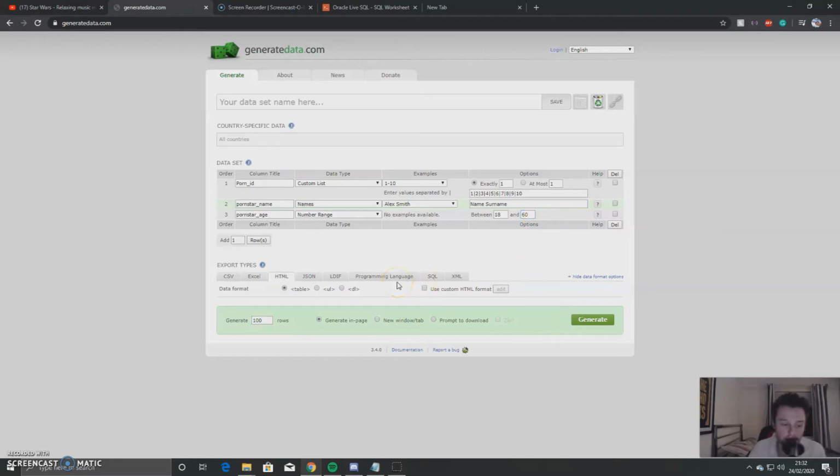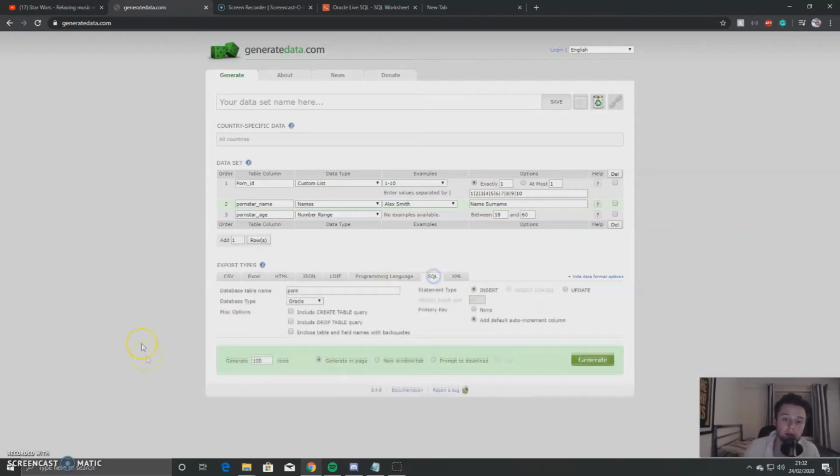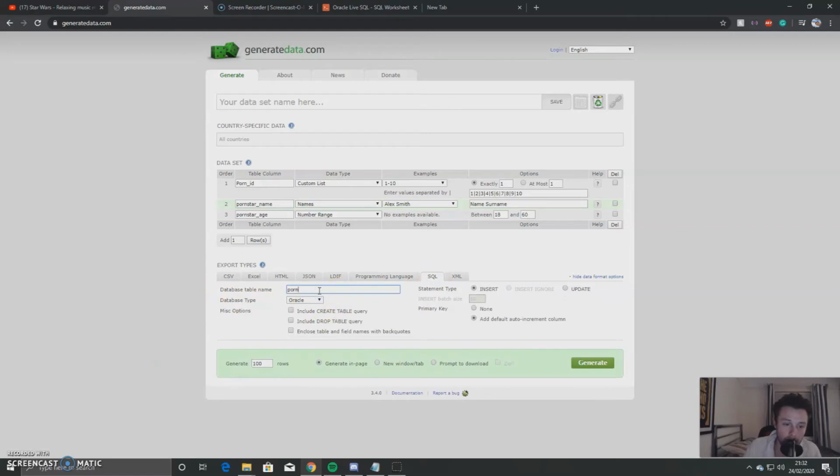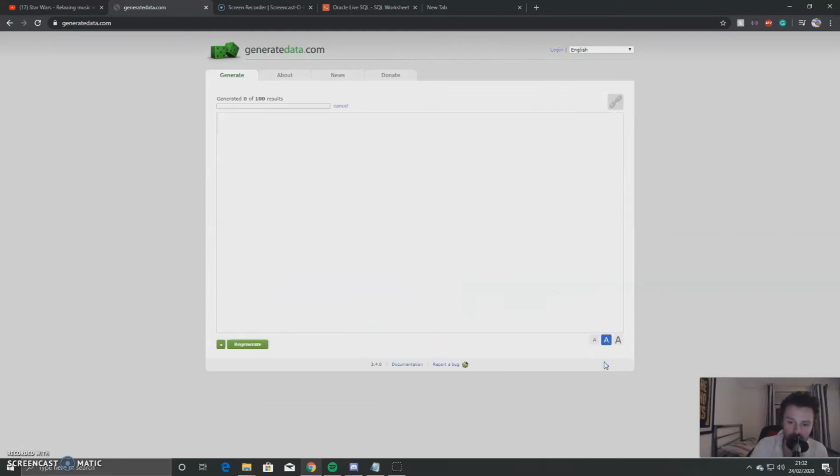And then we're going to want to make our data accustomed to the Oracle format. So we're going to SQL. Our database table name is actually pawn star, if you remember, and our database type is Oracle. Now, these pieces of data I've actually already done. You have to change it to the table name that you're using, and you have to change the database name to Oracle. Unselect all of these because we've already done that, and we need our insert statement, and then we can generate our data. And with any luck,